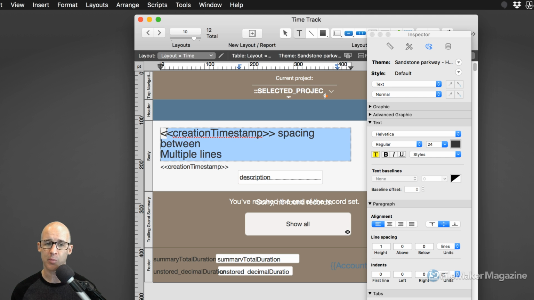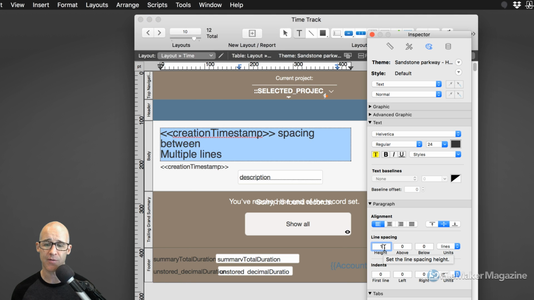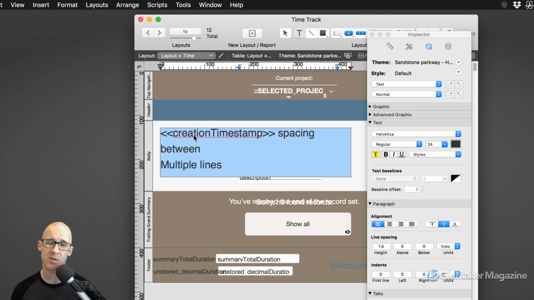Also, with multiple lines, the spacing between those lines makes text either easier to read or harder to read. So we do have the control of the line spacing, where I can say for this block of text, I want this to be 1.5 and increase the distance between those lines. So that's just your standard word processing. Do I want this to be single spaced or double lines, 1.5, everything that you find in word processing documents. So a lot of the times when I'm dealing with really small text, let's make this, say for example, Helvetica 12 point,